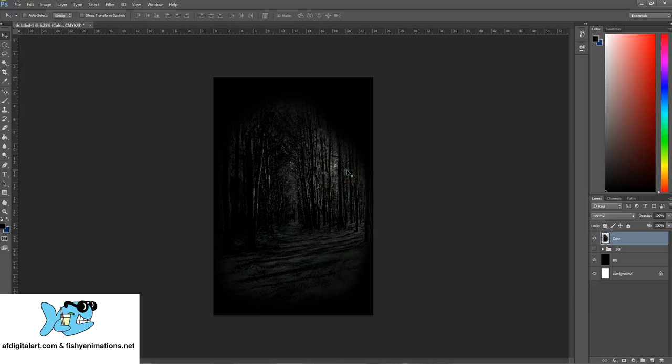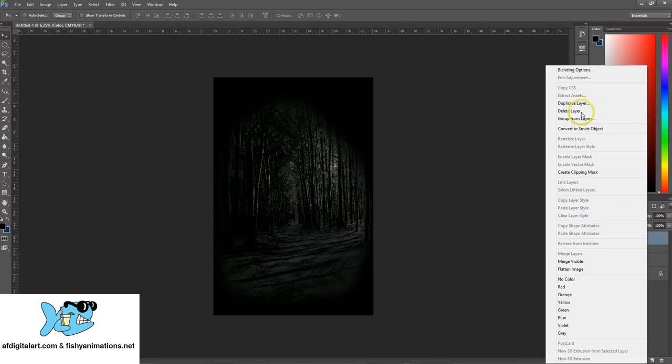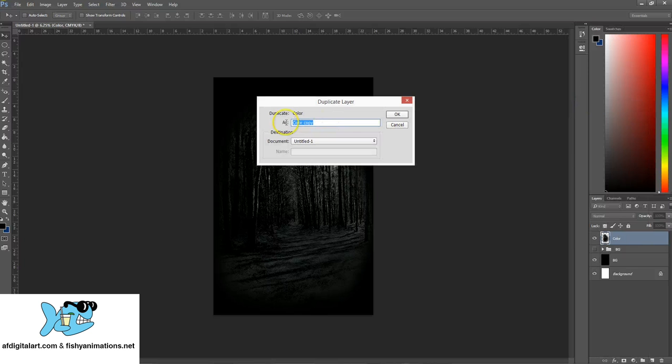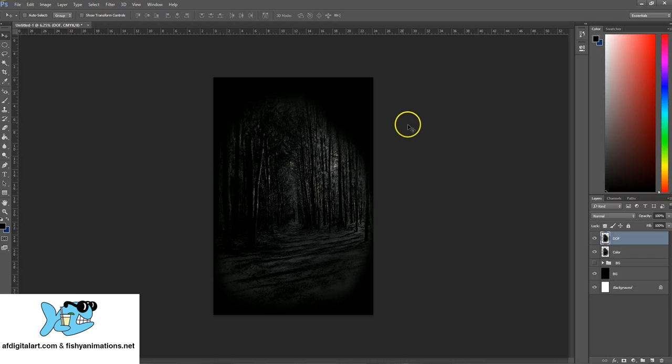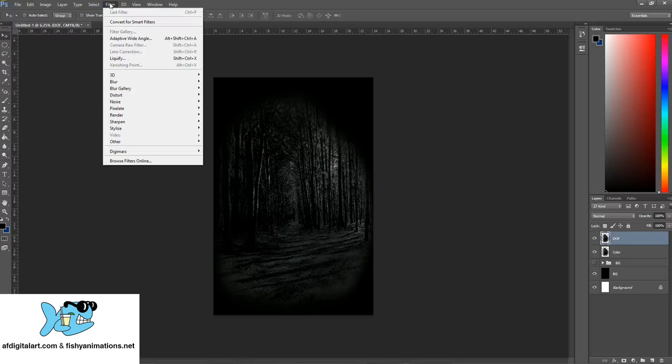Alright, and what I can do is, since images are literally more blurry in the background compared to the foreground, I could take this layer now that I've messed with all these adjustments with the curves and the levels, right click, and I'm going to go duplicate. Again, let's call this DOF for depth of field. And then with that same exact duplicated layer on top of the color layer that I made, I can go to filter, and I can go to blur, and I like to use what's called a Gaussian blur, so I'm going to select Gaussian,